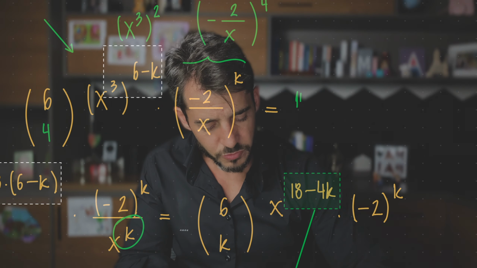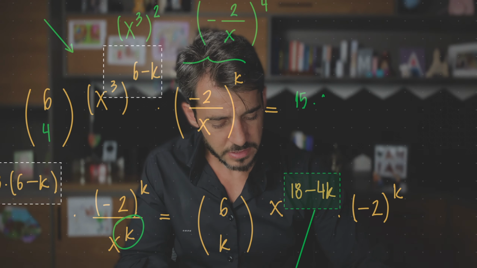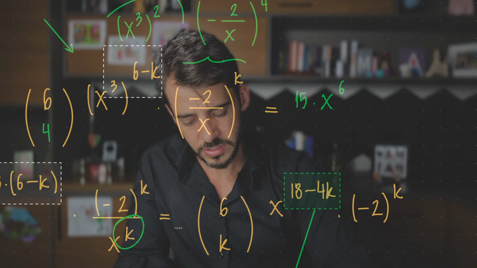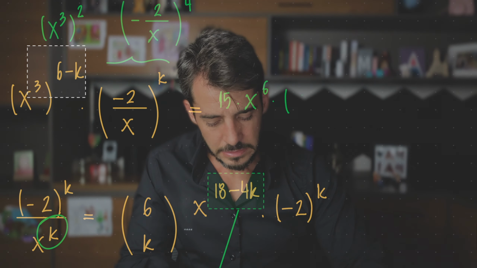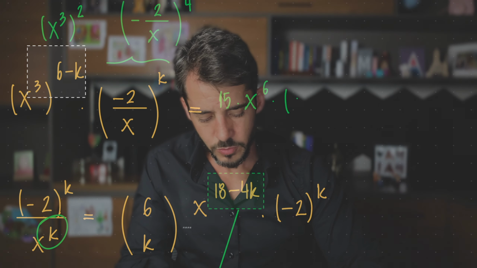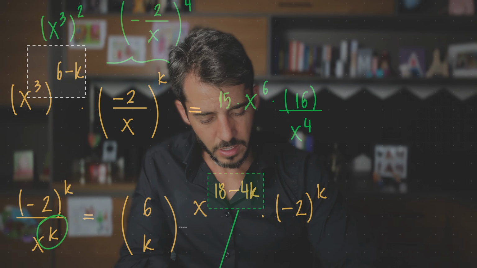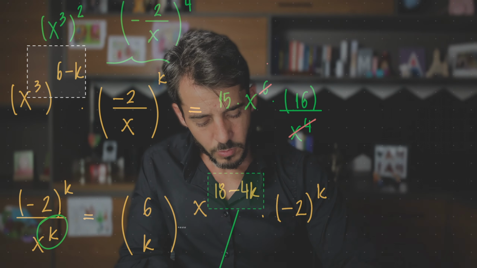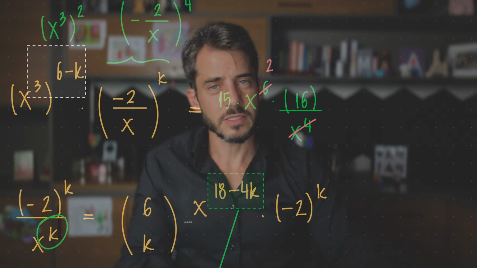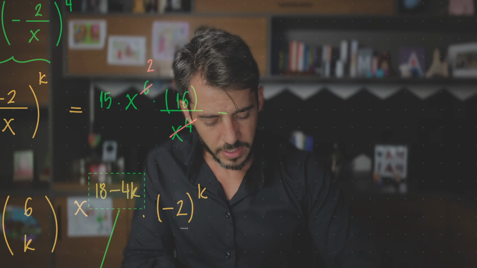Now 6 choose 4 is 15, times x to the 6th, which is x cubed squared, times negative 2 to the 4th power, which is 16, over x to the 4th. Now these simplify. We get x squared as expected,